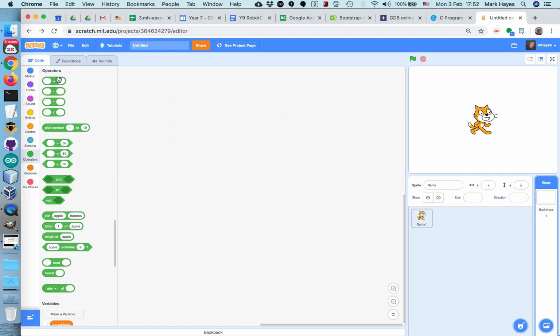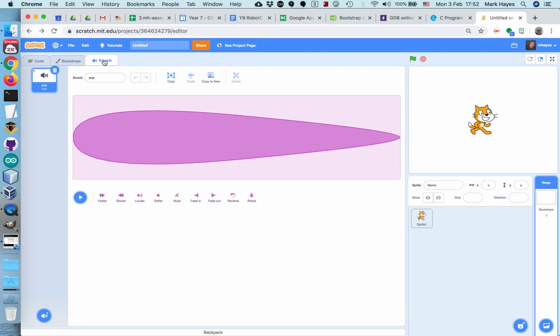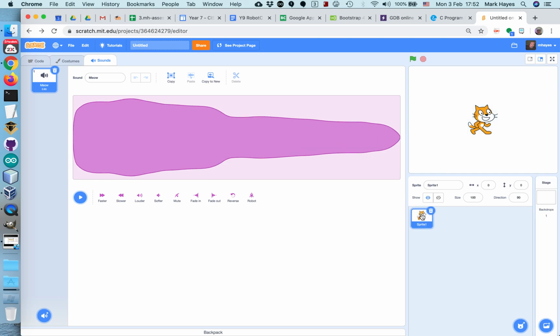And note that you can create code for the stage. Now, stages don't have costumes, they have backdrops. And the stage can also make sounds. So that's very important, and we will talk about the stage. So now I'll switch back to the sprite, and now we're in sprite mode. So that's a quick overview of what the Scratch environment looks like, and of course we'll talk more about this